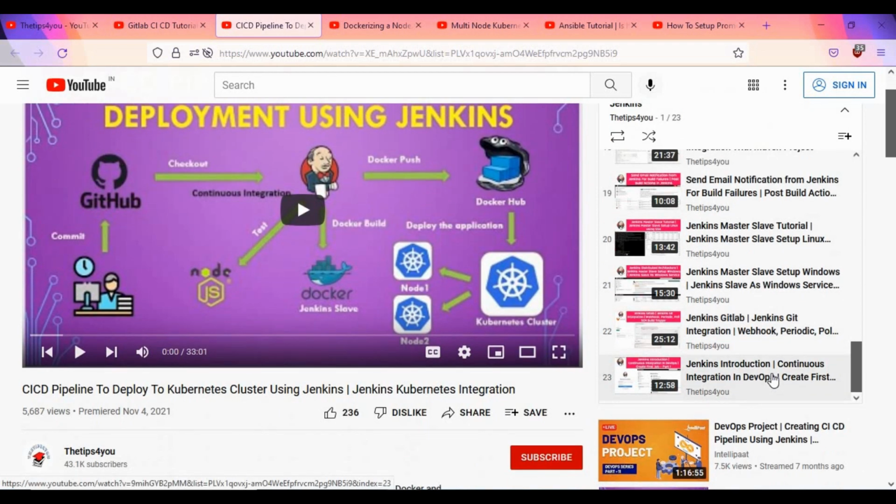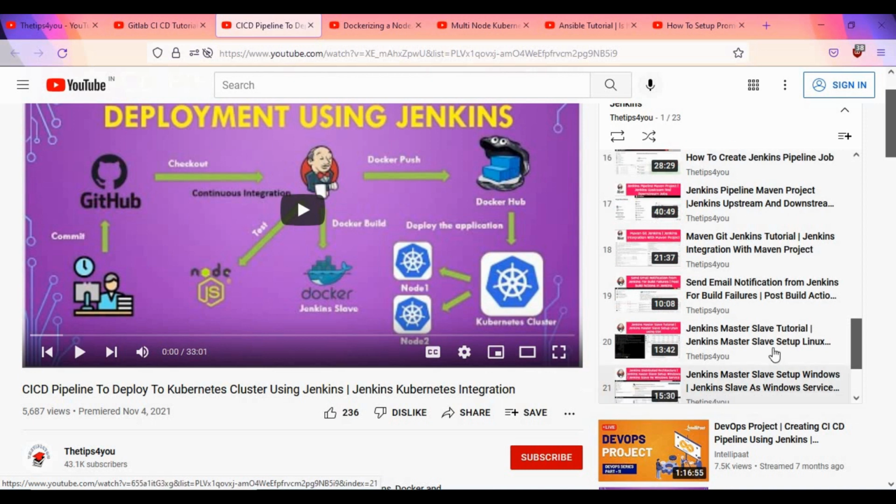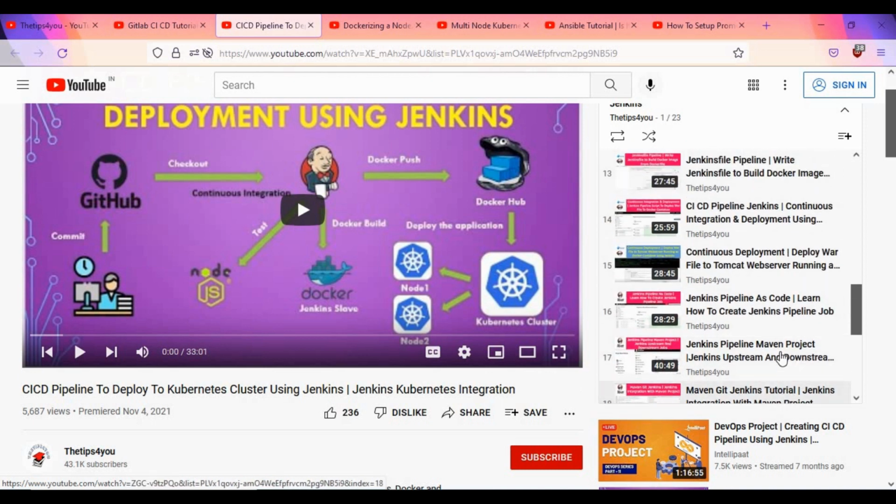You can see it has quite 23 videos, and it has a lot of content from basic to advanced. You can see it starts with the Jenkins introduction, creating a basic job, then how to use it for webhooks, then the master-slave concept, sending email, the Maven build project.